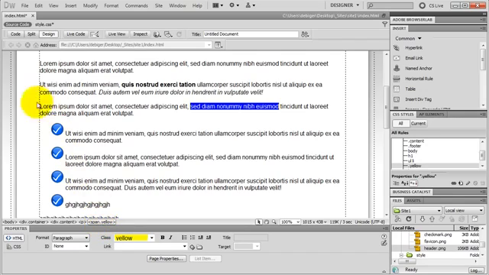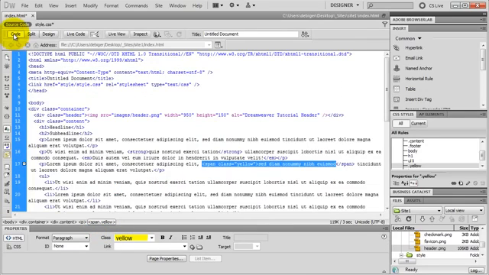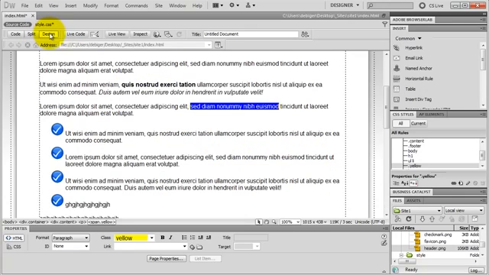I go to the code, and here's my span start tag. There's my class style applied to it, and there's a span end tag as well. I go back to design view, put my cursor inside of my text, select my inline tag, and if I choose none for the class style, Dreamweaver is going to remove it for me. Okay, so this is basically a span inline tag with a class style applied to it,